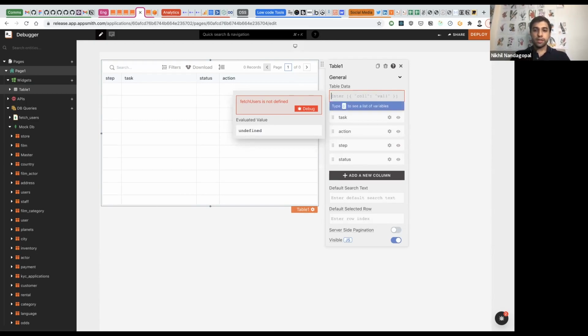Another simple example of this could be that sometimes we try to transform an object, or rather map over an object that is not an array, right? So let's take an example of a direct key value map and try and write a map function out of it, right? So for example, here it's telling me clearly that, hey, map is not a function. So this clearly tells me that, hey, probably what you're doing is incorrect. This is not a function on a valid data type, and you kind of need to fix this over here. So this is a really cool enhancement that's coming up, propagating all of the JavaScript errors as well into the